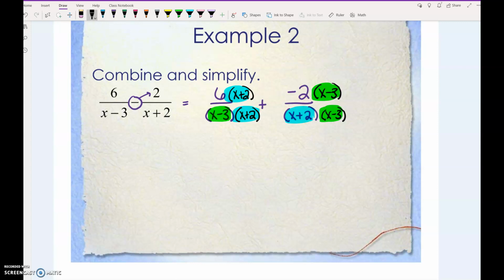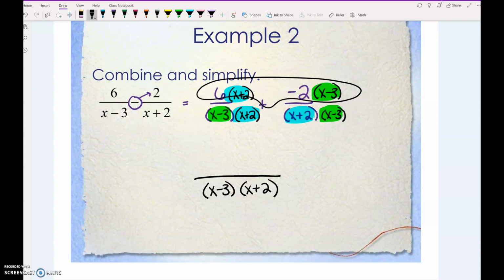The order of the factors doesn't matter. What matters is that the two fractions have the same factors in them. They have to have common denominators. So both of them have x minus 3, both of them have x plus 2. So your denominator is x minus 3, x plus 2, or x plus 2, x minus 3. The order doesn't matter. But now that we have a common denominator, we can